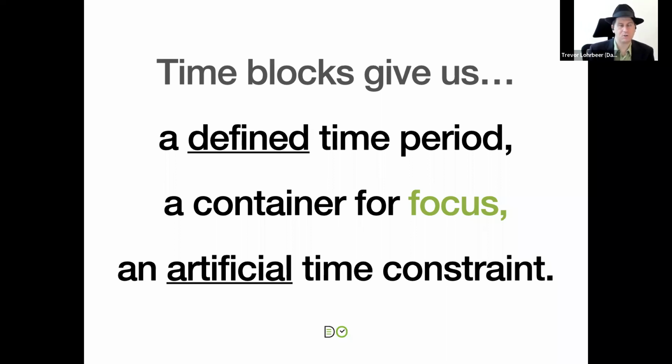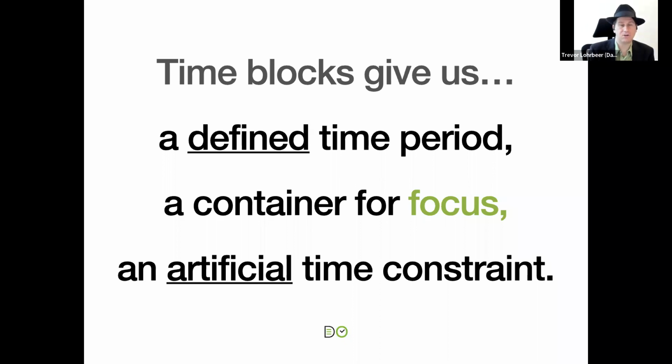Because when resources are scarce, our brains tend to shift into a focus mode. Like if there's not enough food, you're going to immediately start being able to pay attention to where the food is. When things are abundant, we tend to not focus on them as much. So by creating this artificial time scarcity, we actually create more focus. So that's one of the things a time block does, is by saying, I'm only going to work on this for an hour and a half, we can get more focus.